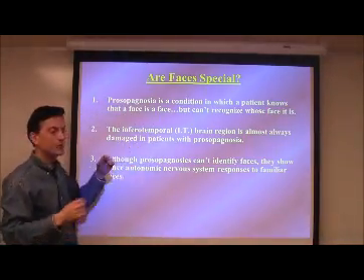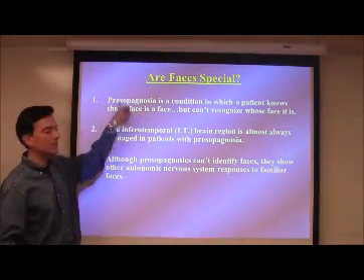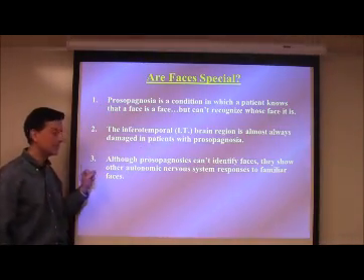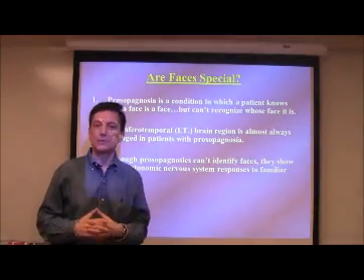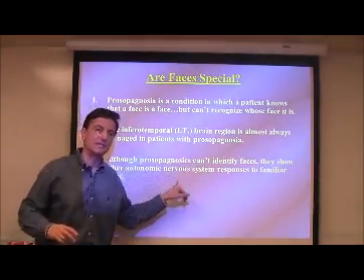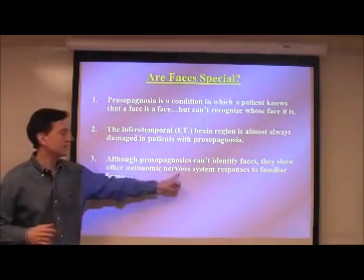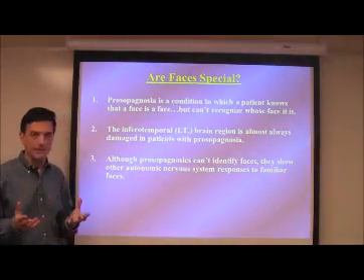Back over here, we're talking about the lower regions of the temporal lobe as being relevant to this condition of prosopagnosia. Now here's something that's intriguing in the prosopagnosia literature, and that is even though these folks can't identify faces, they can offer some kind of autonomic nervous system response to familiar faces.